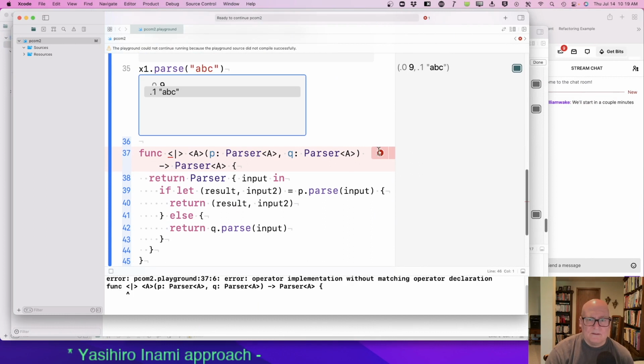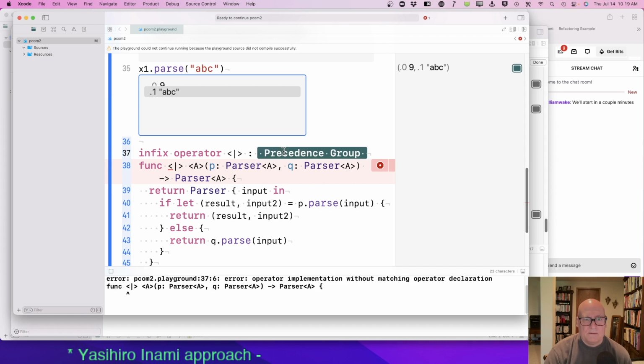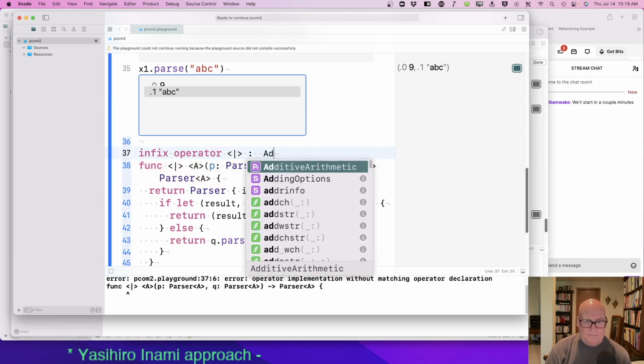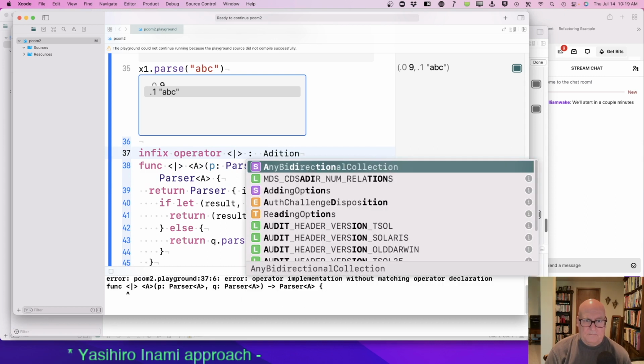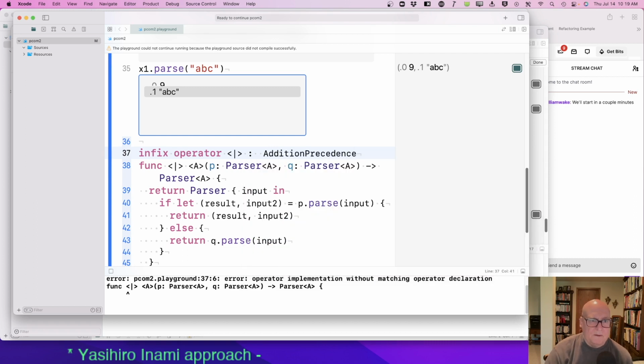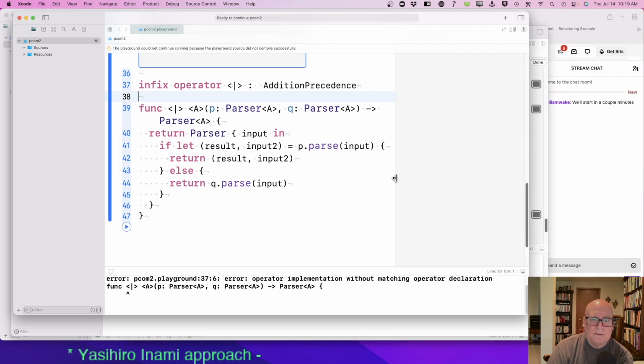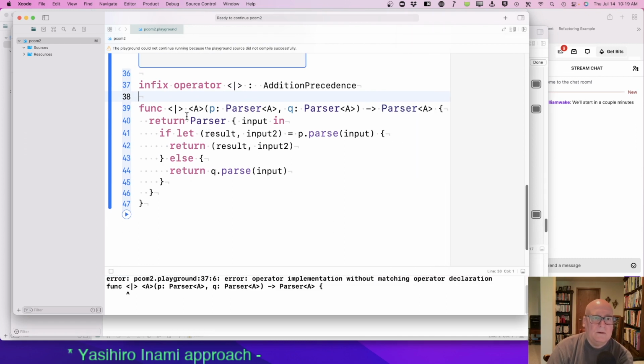And addition precedence. Okay. If you apply A to two parsers returning A, you get a parser returning A. The generic stuff is definitely working better than what we saw before.